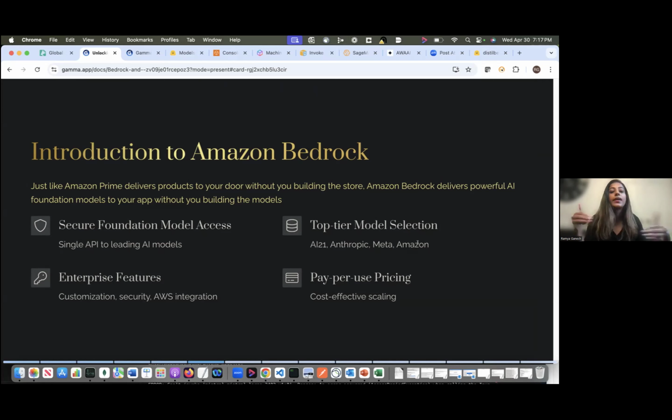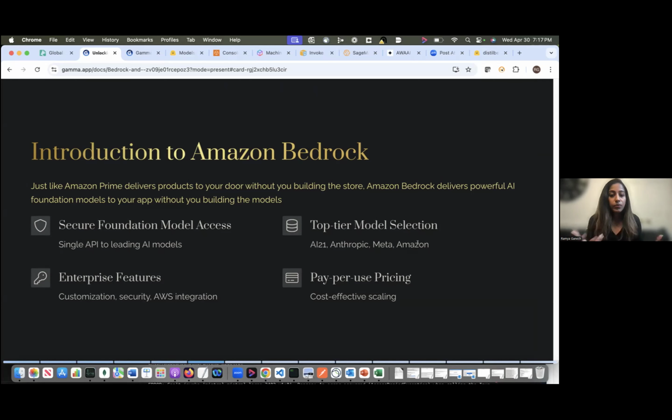So rather than going to 10 or 20 different places trying to find the model and integrate it using the API, you have everything under one umbrella. That's what Amazon Bedrock is. And this Amazon Bedrock is used by many startups these days because it's highly scalable.